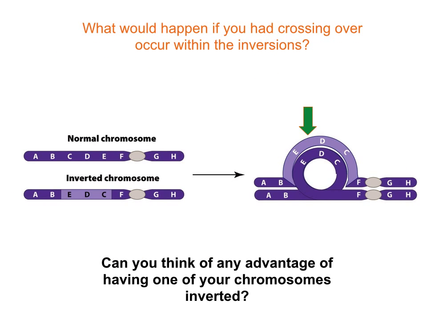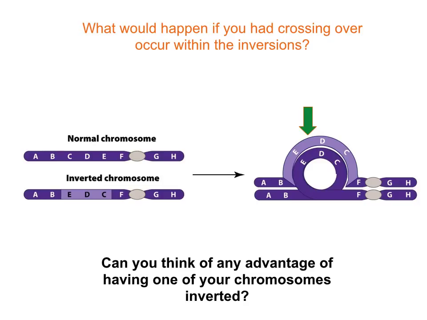Yeah, if crossing over occurs between E and D, what would the gametes look like? Here you have this chromosome breaking here, this chromosome breaking here, and switching those parts. Break it here, attach it here, break it here, attach it there. Let's just look at the one. If you follow that through, you're going to have A, B, E. Crossing over occurs here, D, C, B, A. What is that gamete going to look like? It's going to have an overrepresentation of some genes, and even more importantly, it's not going to have some of those genes. And so when you have crossing over occur, it really jacks up the gametes.